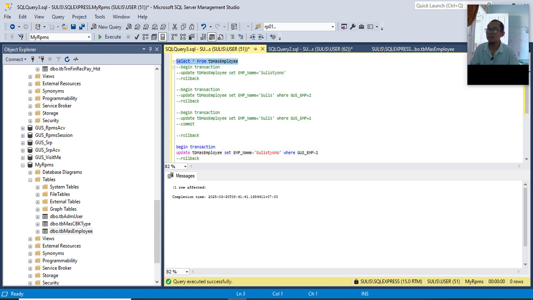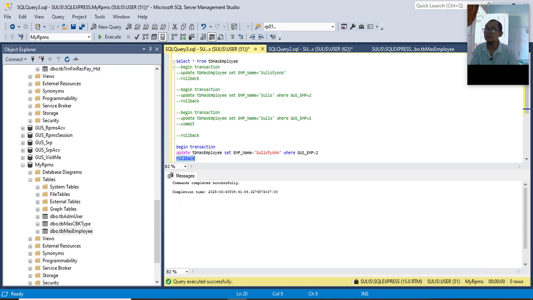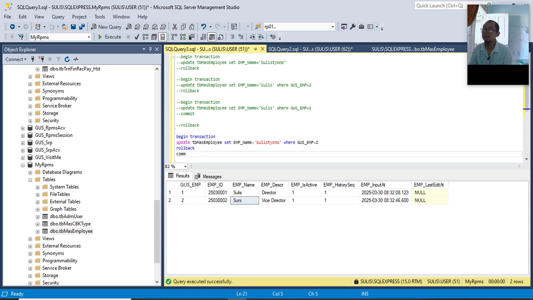Now let's see the result. Oh, this is wrong, so I have to roll back. Now I roll back the change. Let's see. Data is already back to Suni. Now what if I want to commit?